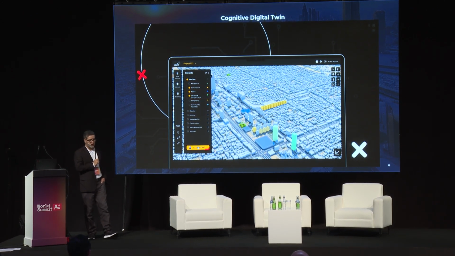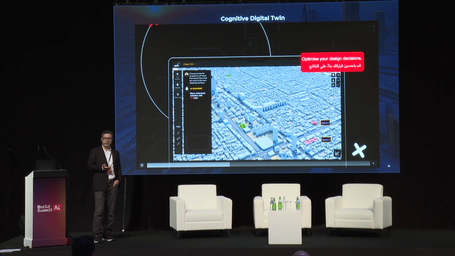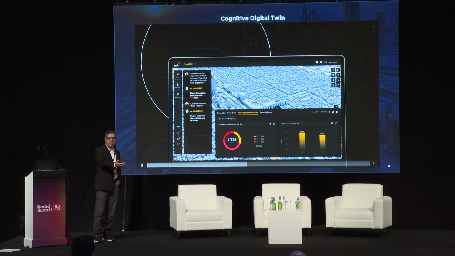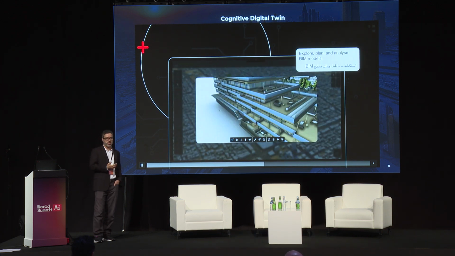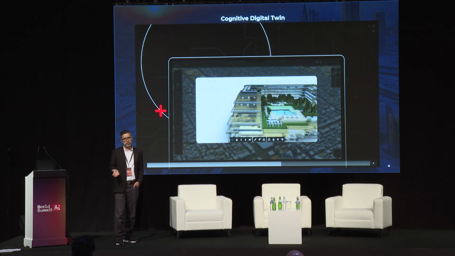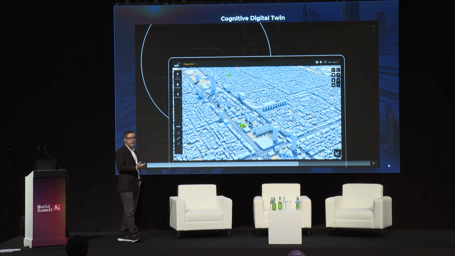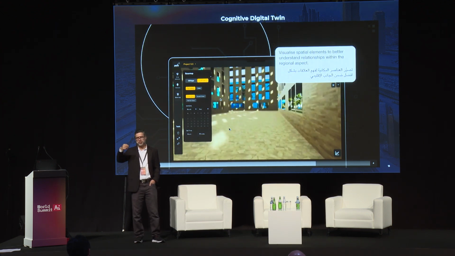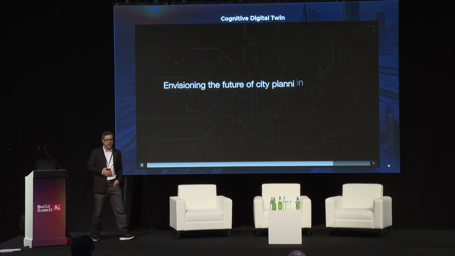But the one thing that I also like is that with LLMs, now you can talk to the system. You don't need to create your reports and dashboards. You can ask questions to identify the projects. You can identify the projects that are delayed. You can find the projects that are above a certain threshold. You can ask how many rooms will be there, what is the occupancy of the room. So all these insights can be retrieved when you are talking to the system rather than trying to use the filters or charts. You can even generate the chart dynamically for you.